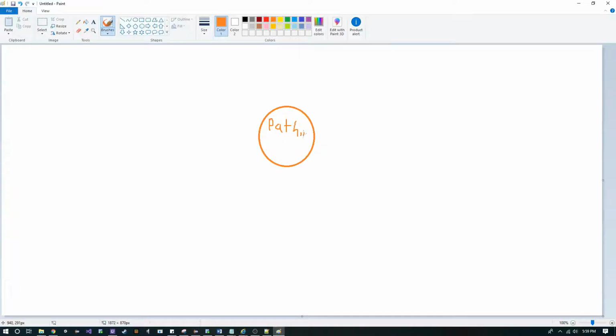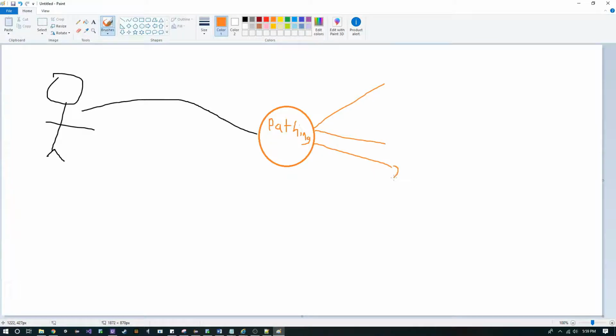It is allowing us to make a uniform dispatcher system, so all of our user requests go through this pathing, and then what that pathing does is it directs to each of what's called controllers. Now these controllers, which I'll do in blue triangles over here,